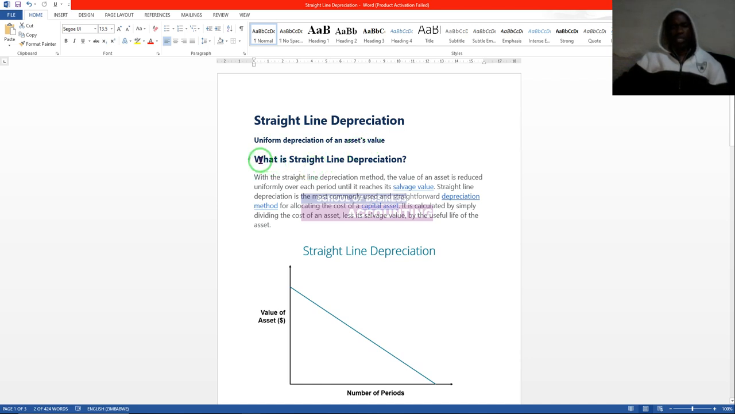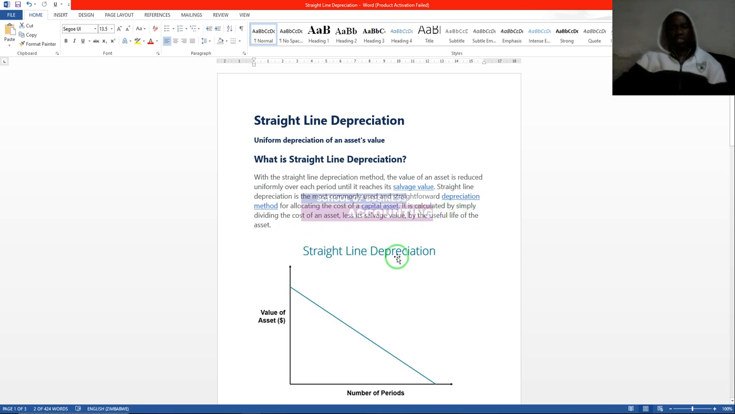So basically, if one is to ask what is straight line depreciation, with the straight line depreciation method, the value of an asset is reduced uniformly over each period until it reaches its salvage value. The straight line depreciation is the most commonly used and is straightforward. Most companies use the straight line method for allocating costs of a capital asset. It is calculated by simply dividing the cost of an asset less its salvage value by the useful